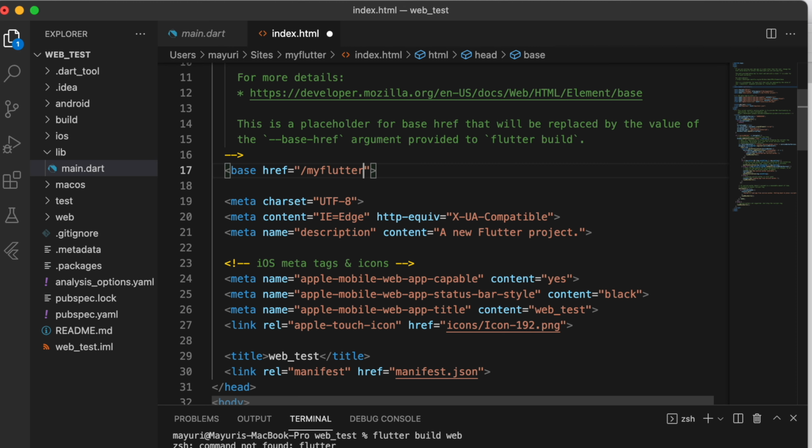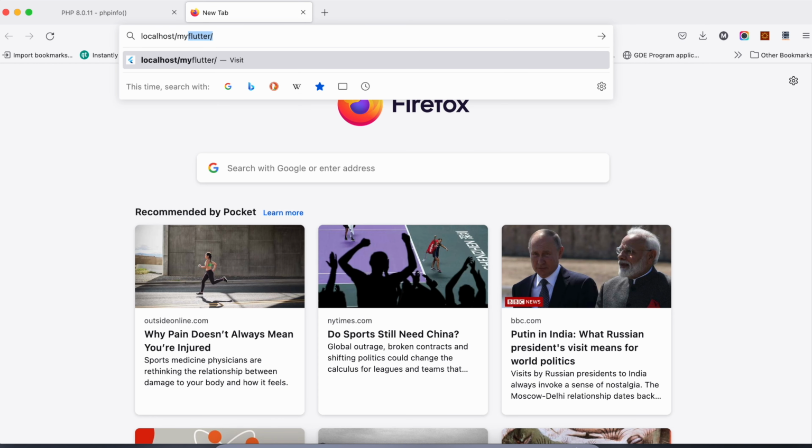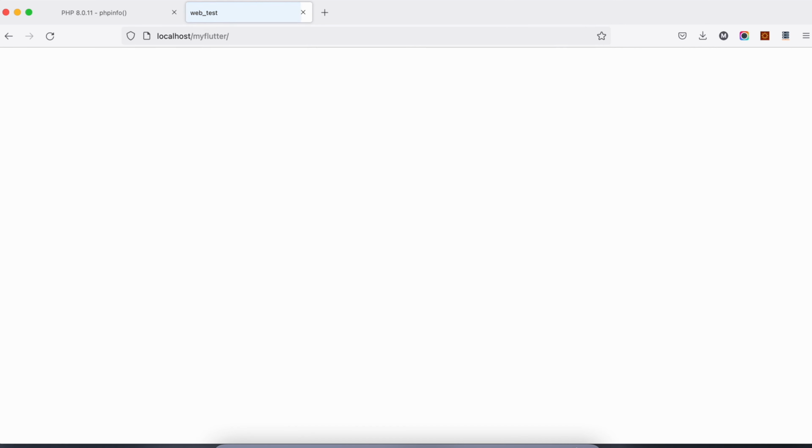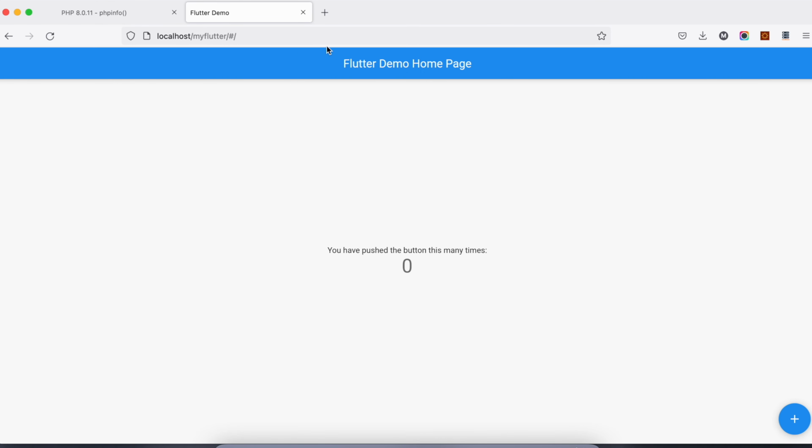I have renamed it as myflutter. So just point to the directory over here, save this and run again, localhost/myflutter, and you can see now this will load. So our Flutter application is now running in Apache web server.